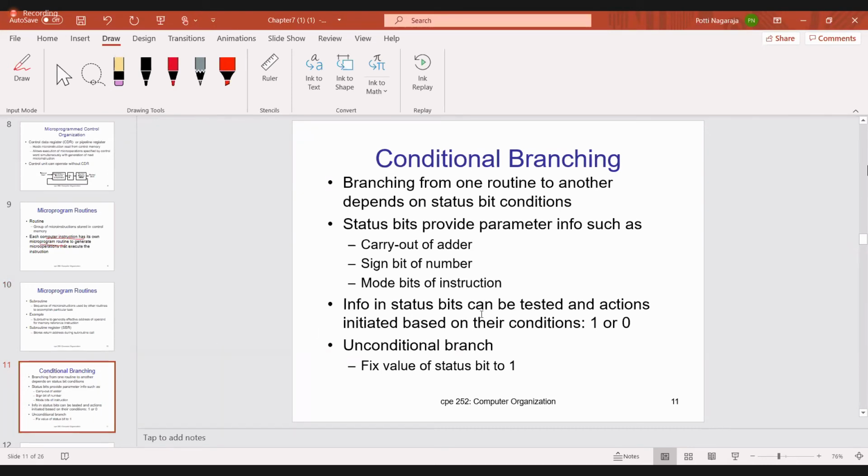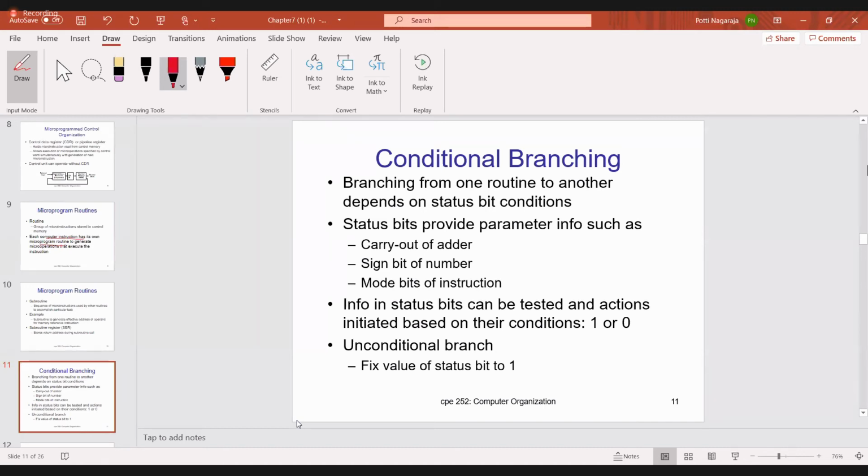Then we required conditional branching. Can anyone say what conditional branching is? Before going to conditional branching, you have to understand this. When can you write the exam? Suppose if you want to write the exam, only if you come to the college can you write the exam. That is the condition. To write the exam, you have to come to the college. If you don't come to the college, you can't write the exam.